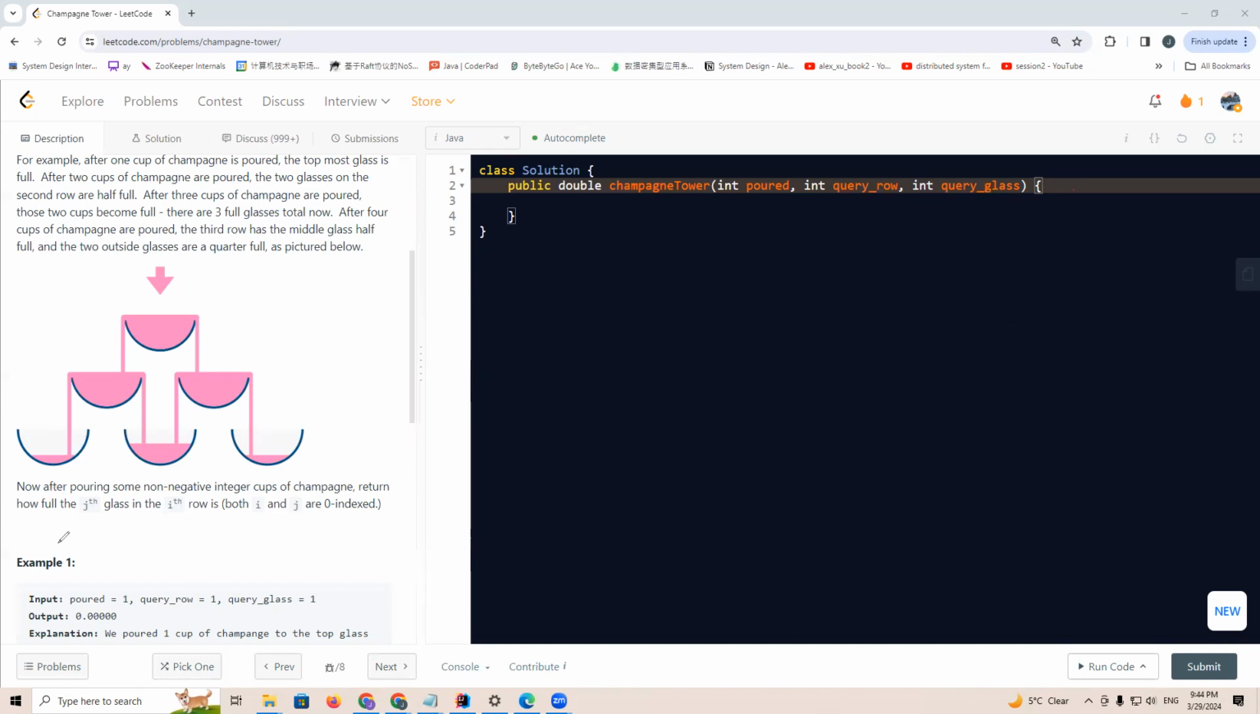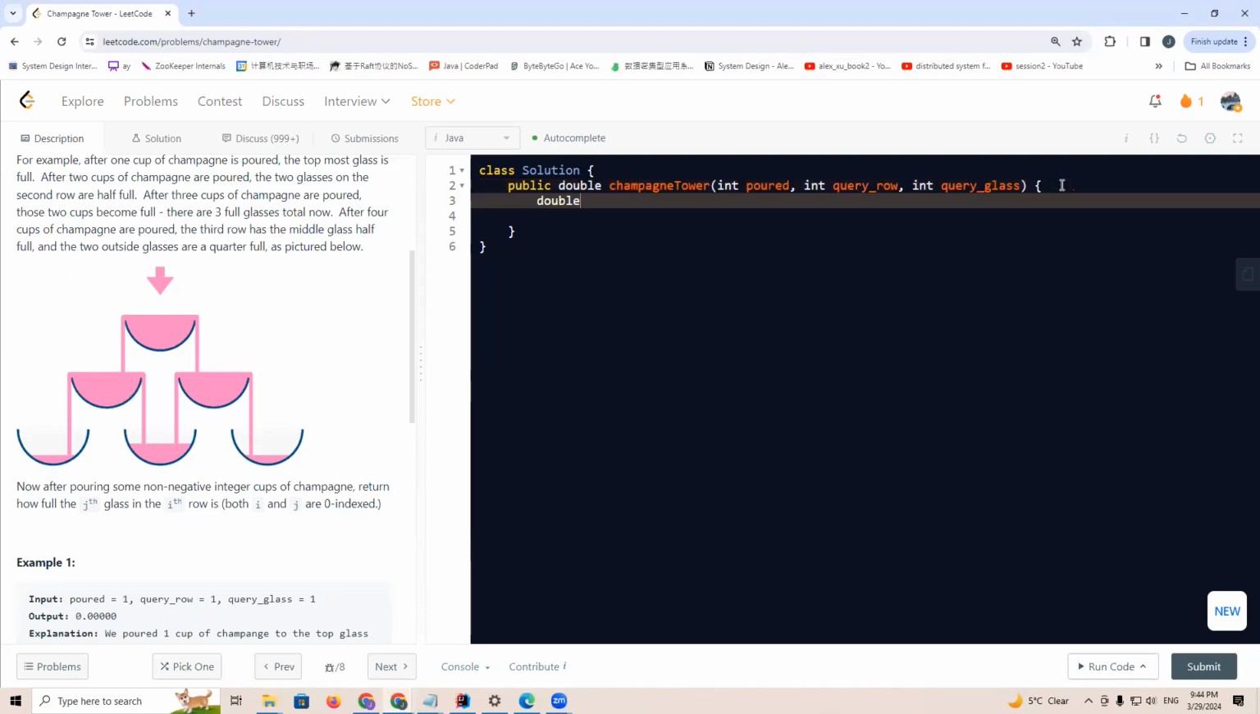And we'll have a double tower equals new double, query row plus 1, query glass plus 2, right? Of course, you can also use this kind of number to be the column,